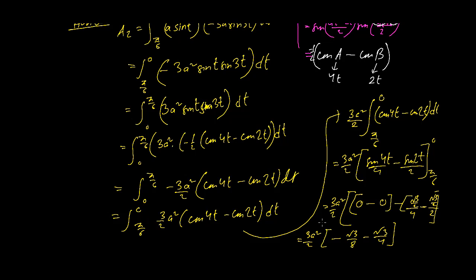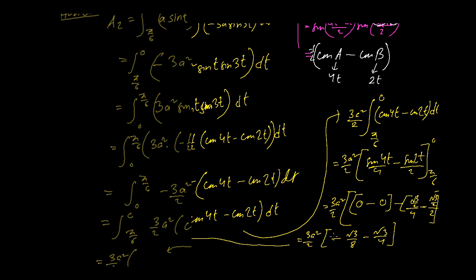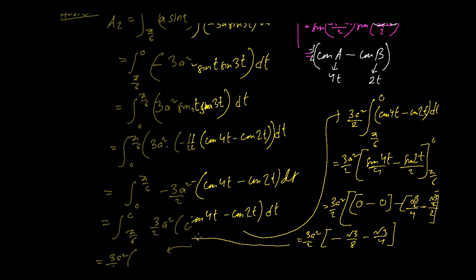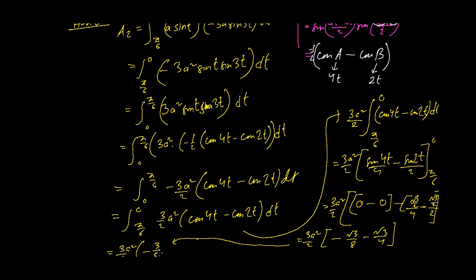So the answer would be, there is no space here, let me write it here: 3a square by 2 into minus root 3, this and this. Let me do the calculation. So minus 1 by 8 minus 1 by 4, so minus 3 by 8 root 3. So we can further simplify and write